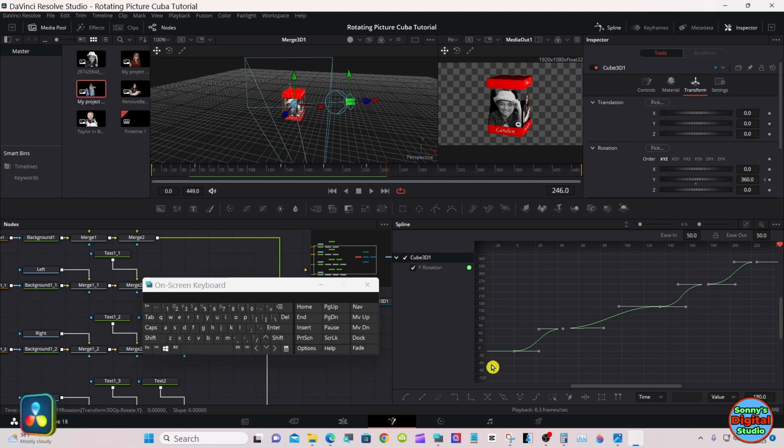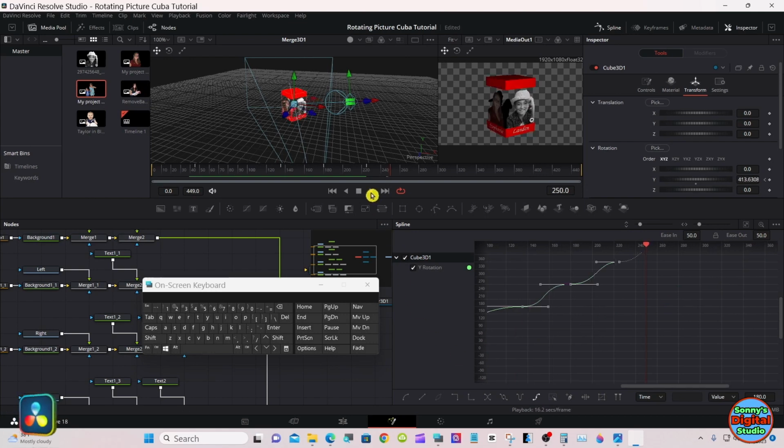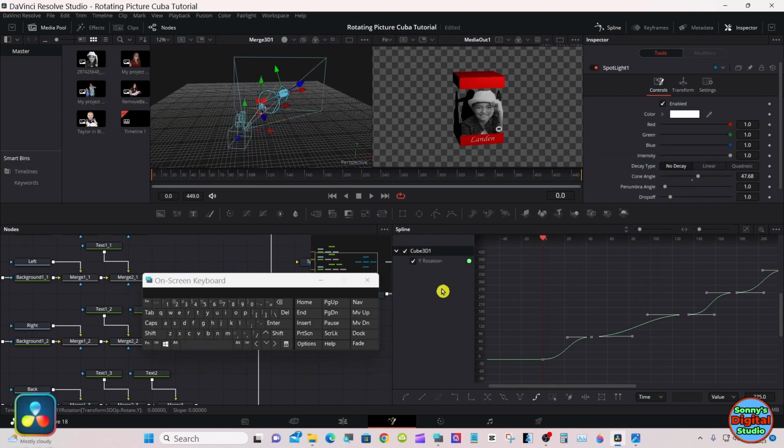So we'll make sure they're selected still. Then select set relative at the bottom. Now it'll keep rotating. Okay, we can close the spline.